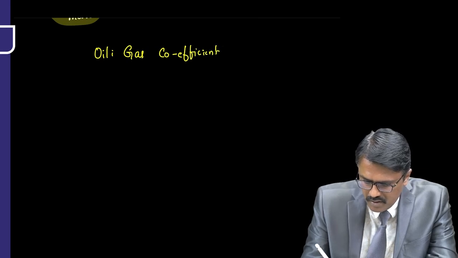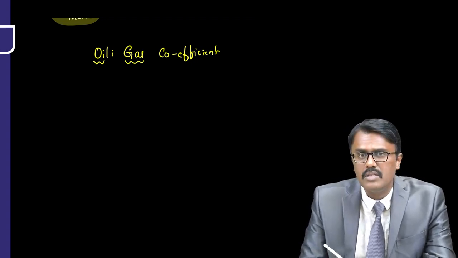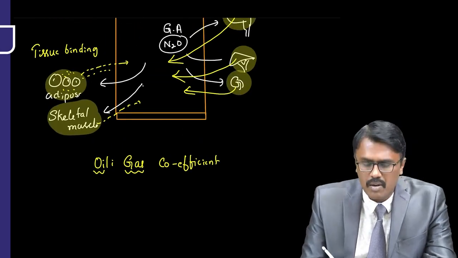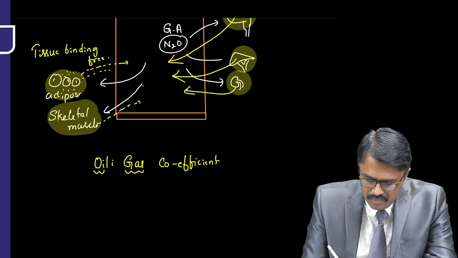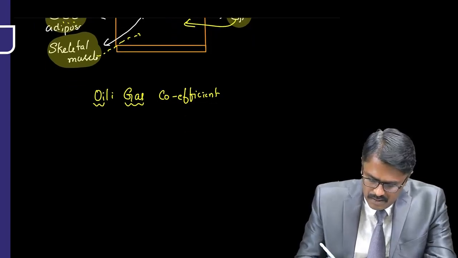Oil gas coefficient. Oil means how much is dissolved in the adipose tissue. Gas means how much is in the free form. Now remember, if they are bound to adipose tissue, they are not going to come out. Only the free form will go out. Right? So the oil gas coefficient will tell us